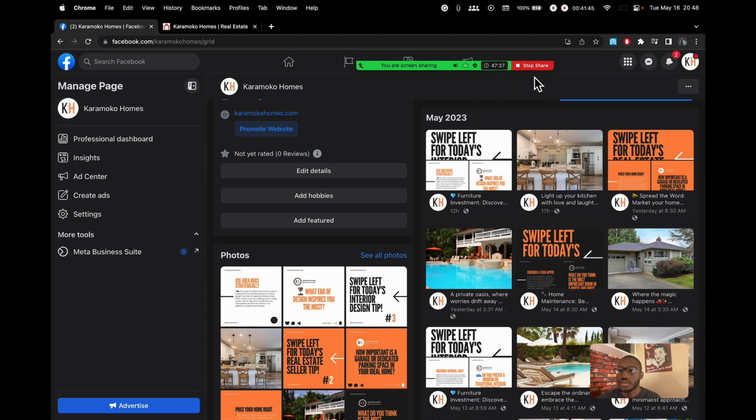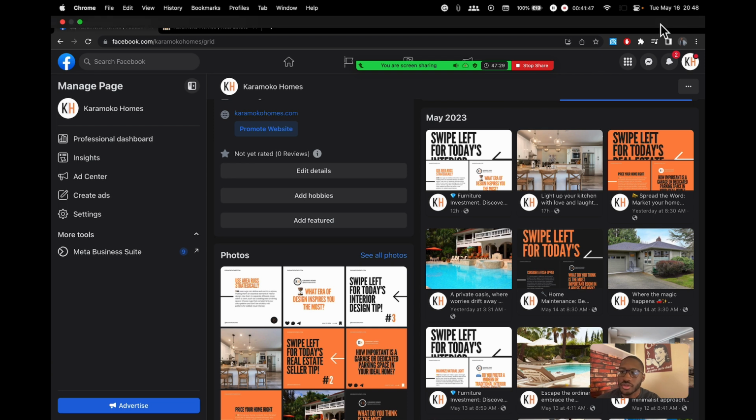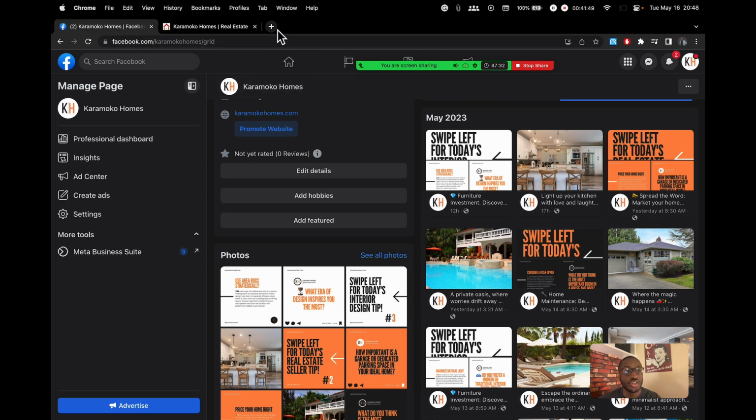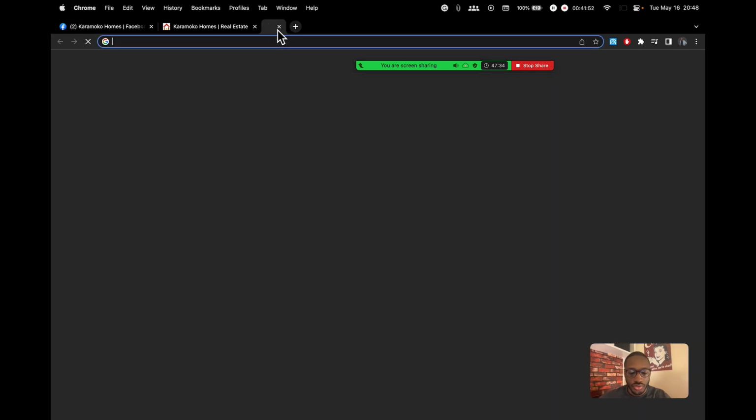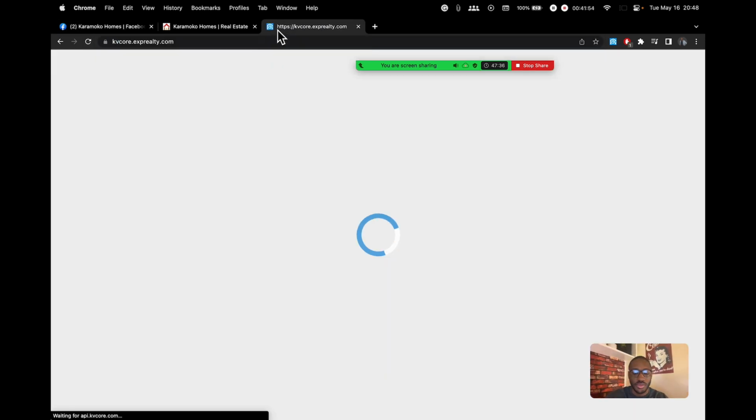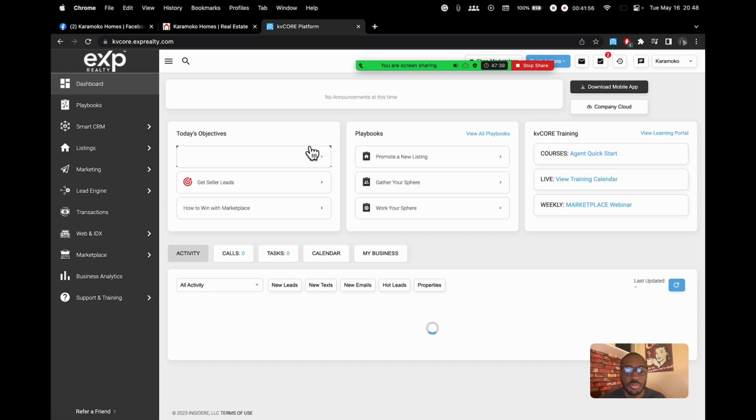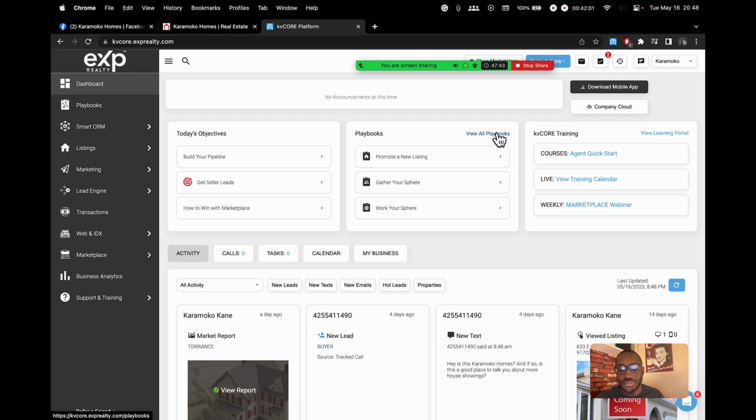Okay, cool. So I want to use the last 10 minutes or so here to touch on a feature that KV Core introduced that's going to make it very easy to get a foot in the door in terms of actually posting on social media. I meant to talk about this almost a month ago. They added this feature and then they removed it, but now I noticed they added it back. So I don't know how long it's here for, but this is a very, very good way to start posting on social media.